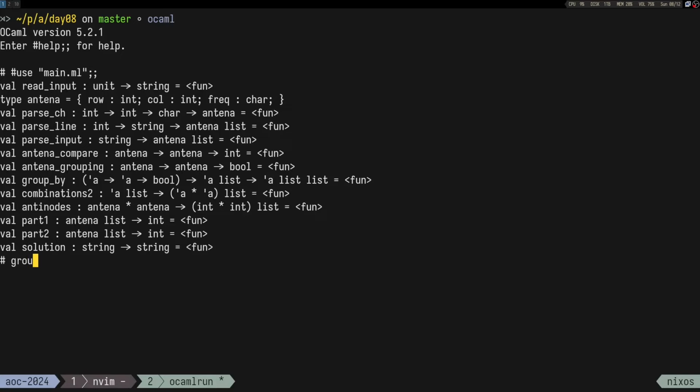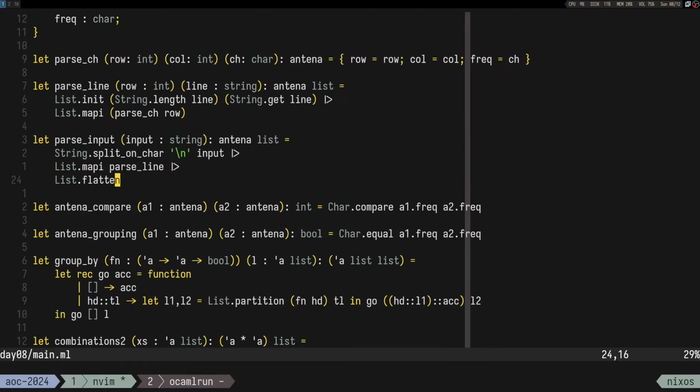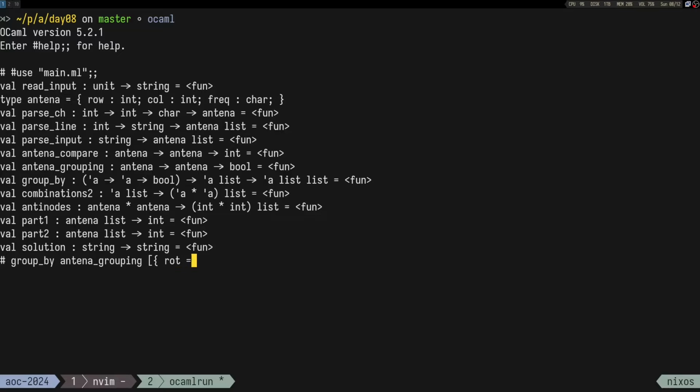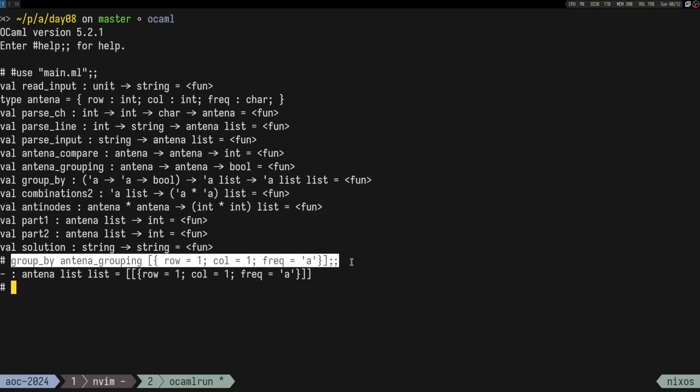But I can, for example, say group by antenna grouping, and then have here row is equal to 1, column is equal to 1, frequency is equal to A. Can I say something like this? I can. Nice. So then I can add another